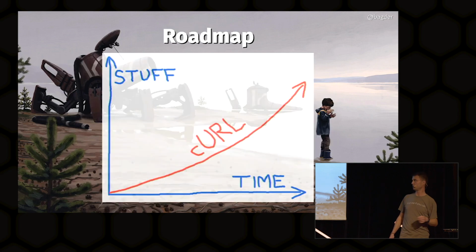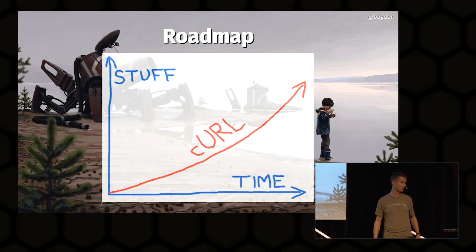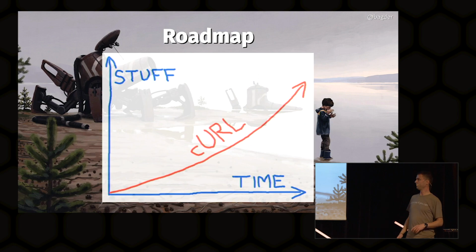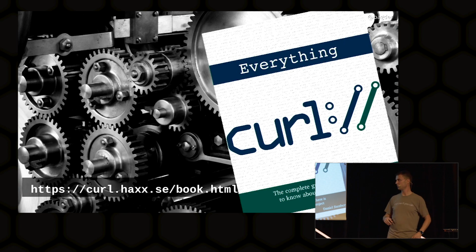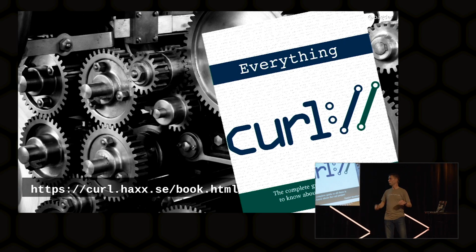Right, you can help. And I have this roadmap for things going forward, and it's basically like that. I'll try to not foresee too much going forward. It'll be more. And yes, you can help. And I also wrote this little book called Everything Curl, which basically explains whatever you can do with curl in a lot of words, in a lot of pages. It's available for free as a PDF on the web, and as a book too if you want to. That's it from me. Thank you.